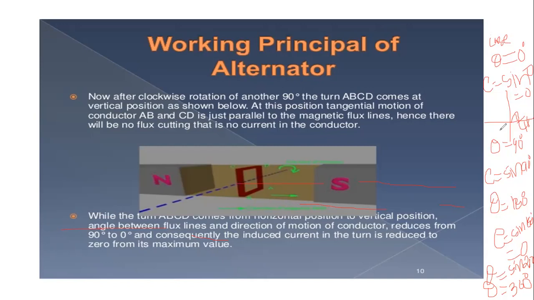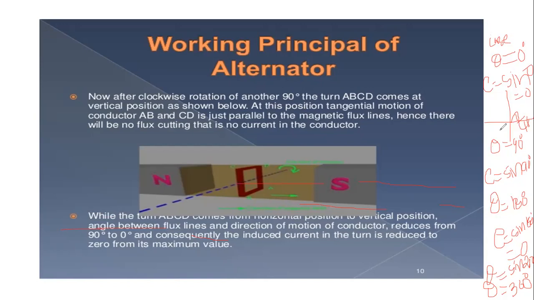Similarly, in the case of an alternator also, a similar method, the EMF will be induced. What is the last position for that EMF induced? We are using the AC supply, then the output is also AC. But in the case of a DC generator, the output is DC. In that case, we are using the commutator. What is the action of that commutator? It converts AC to DC. But in the case of an alternator, there is no requirement of that commutator.